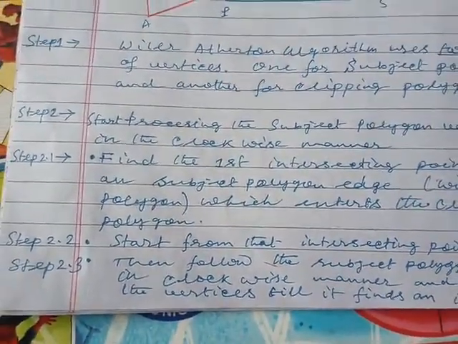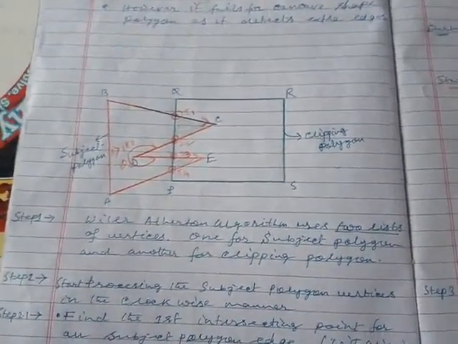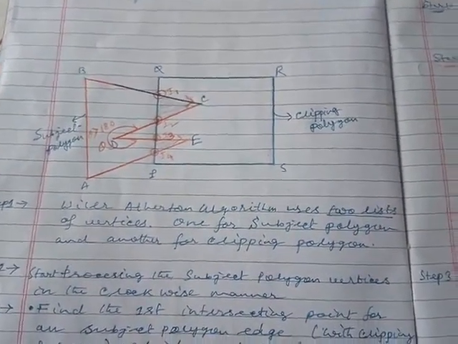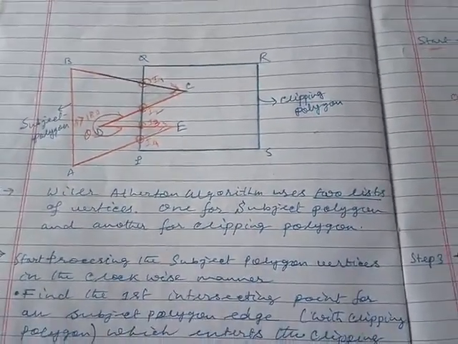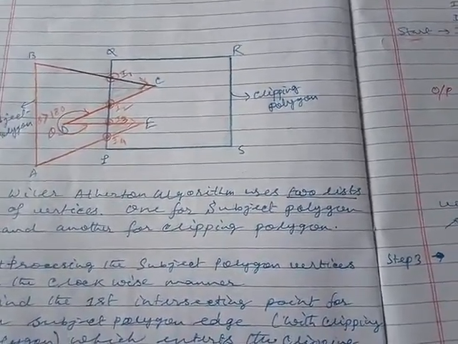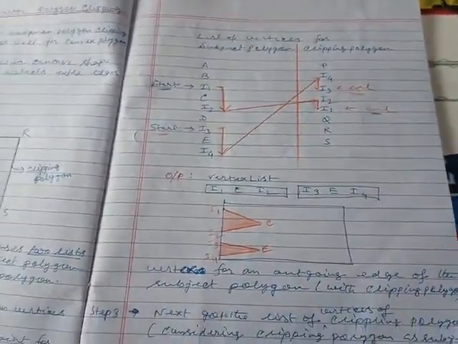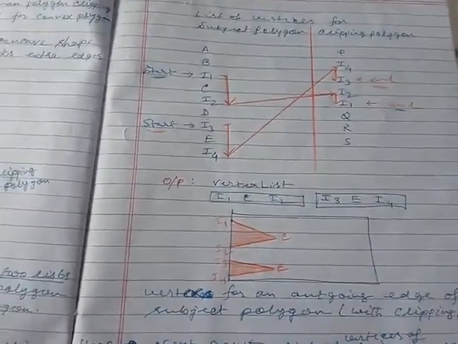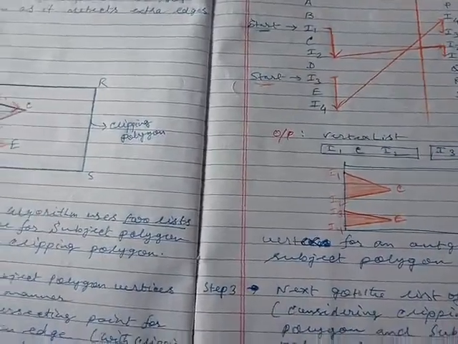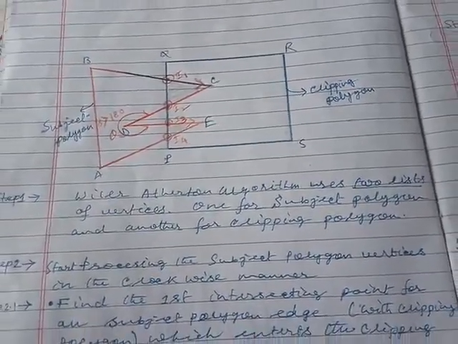There we will store all the vertices of the subject polygon along with the intersecting points. And in the clipping polygon list, we will store all the vertices corresponding to the clipping polygon along with its intersecting points. So now we will find the first intersecting point generated by an